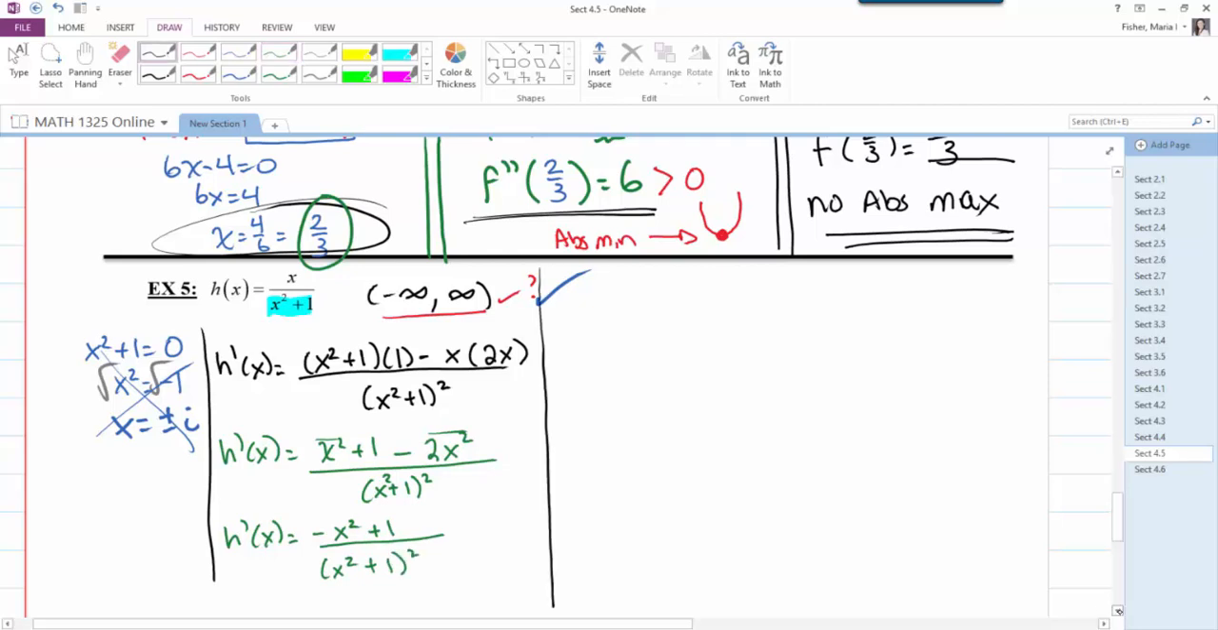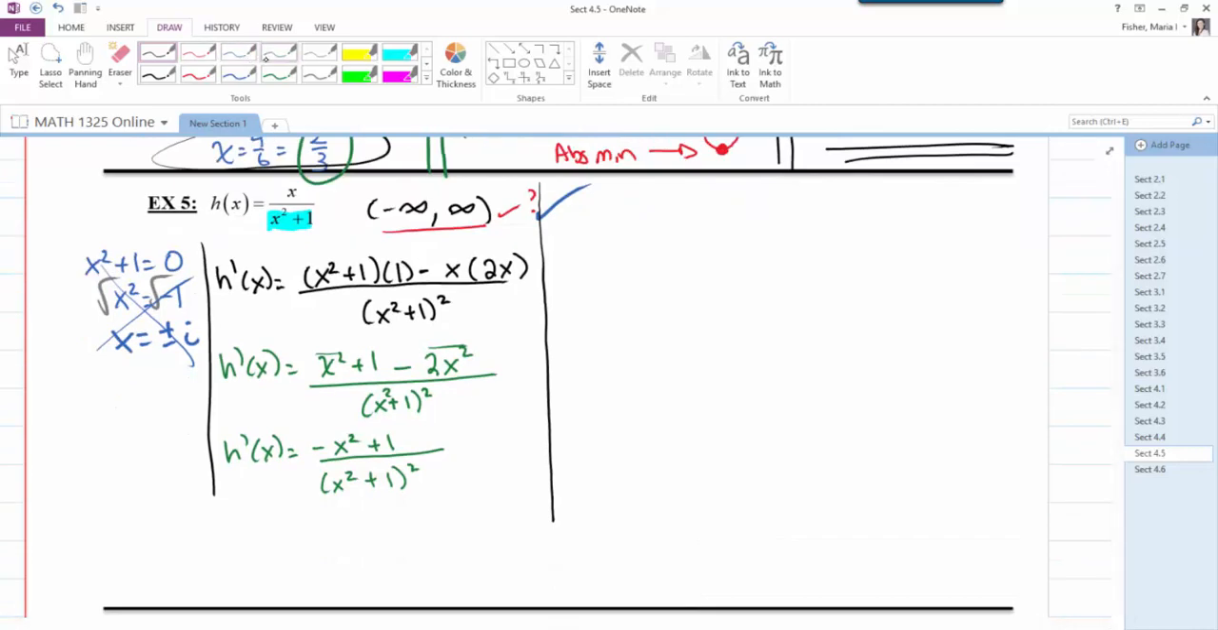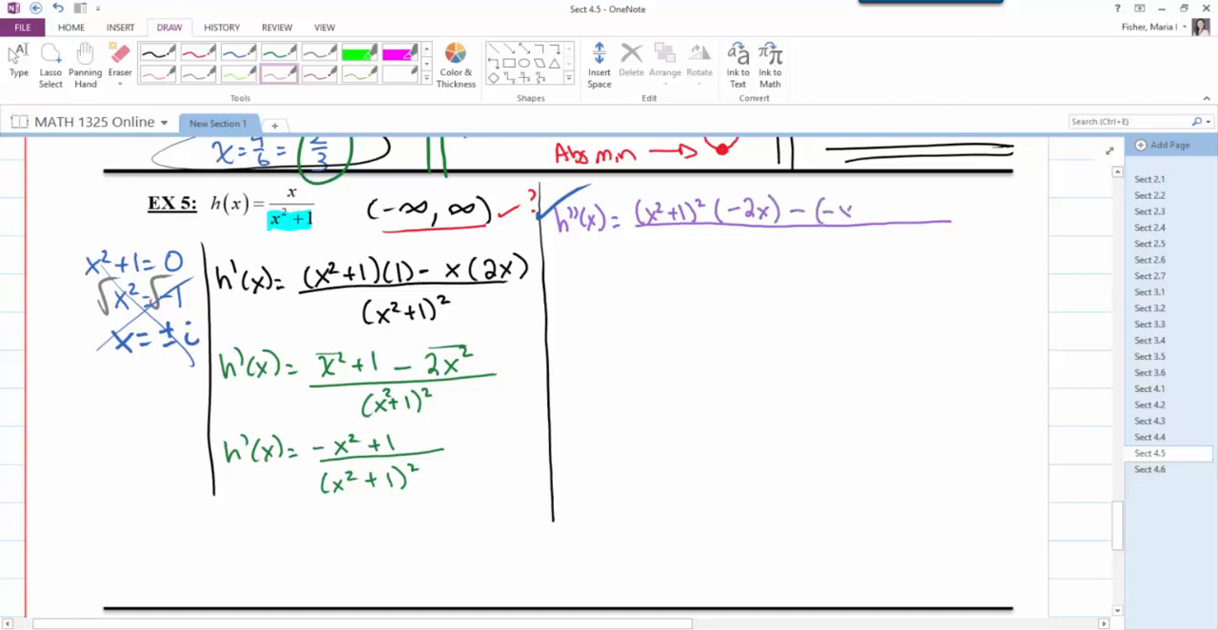Then I need to find the second derivative. Well, the second derivative, again, is another quotient. So we're going to say h double prime of x is equal to the denominator, x squared plus 1 squared, times the derivative of the numerator, which is a negative 2x, minus the top, negative x squared plus 1, times the derivative of the denominator, which is 2 times x squared plus 1 raised to the first power times the derivative of the inside, which is 2x, all over the denominator